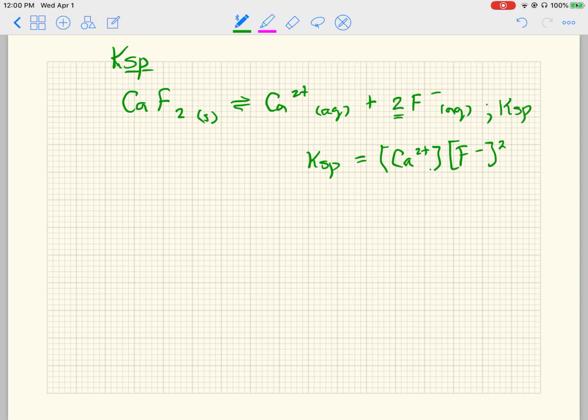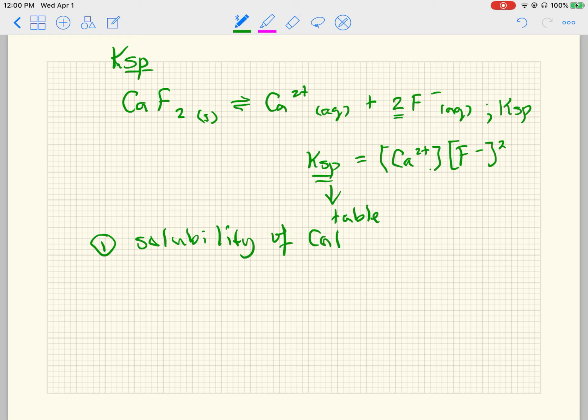And then we could look at a solubility chart, or I mean, not a solubility chart, but rather a KSP table, and we could find out what the KSP is for calcium fluoride. So we would go to a table of KSP values to find that. So what exactly can we determine from KSP? One of the things that we can determine from KSP is solubility